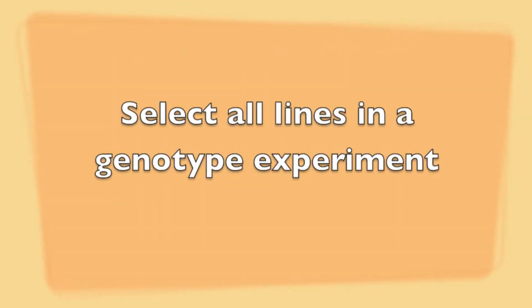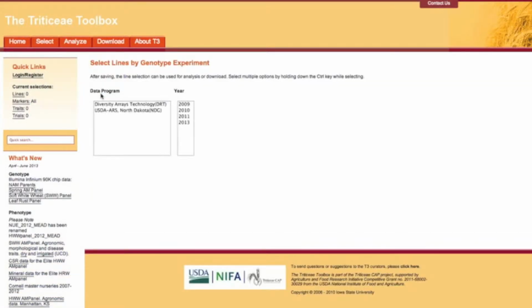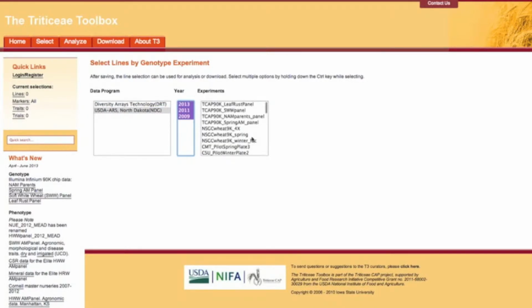In the first example, I want to build a data set to do association mapping with durum wheats. I know that these were genotyped as a group, so I can use the Select Lines by Genotype experiment option. Here I'm selecting the USDA's genotyping lab in Fargo, North Dakota. T3 then populates a table with years of data production from that facility held in T3. I'll select all of the years, and in doing so, a third table is populated with the genotyping experiments done